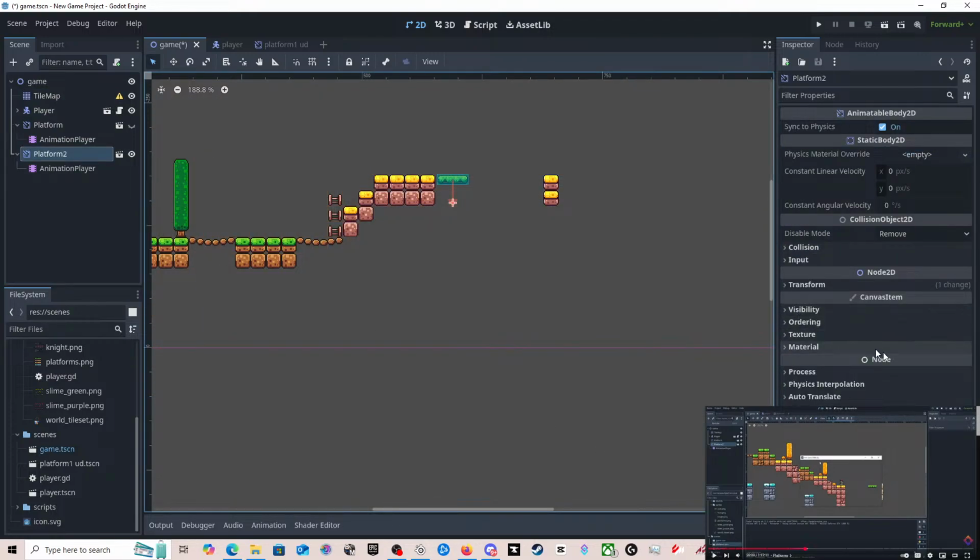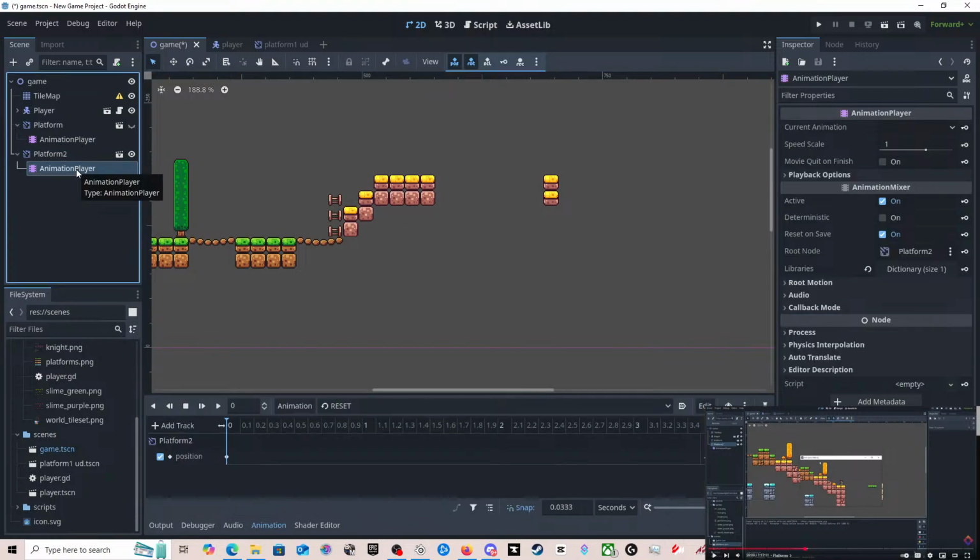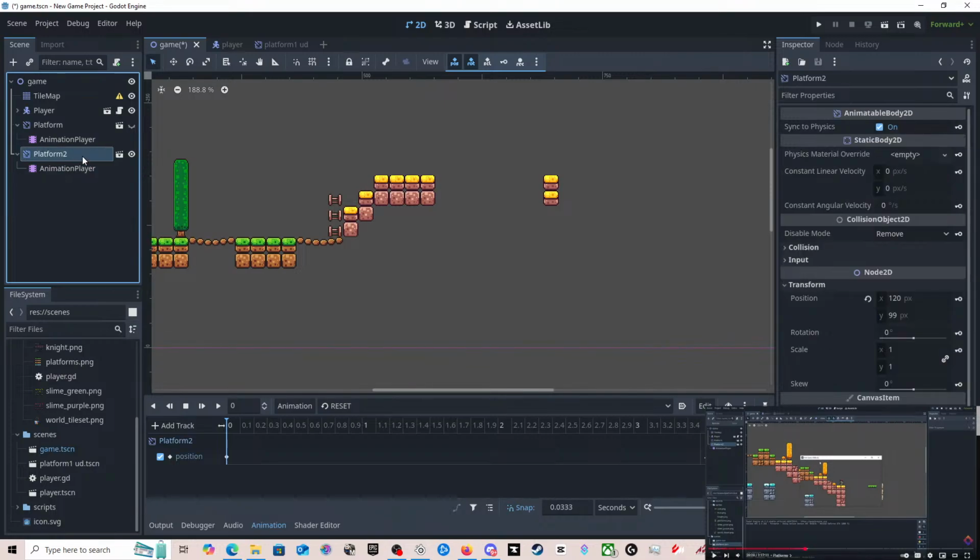And then we want to go to transform position. And we want, should we leave it? Let's do that so it actually locks. There. Where did that just disappear to?